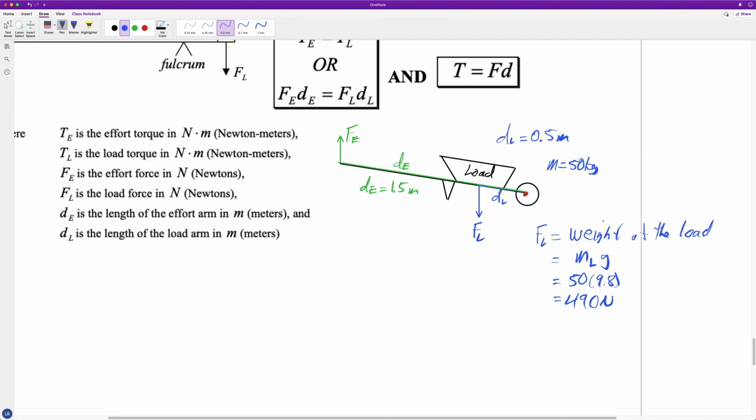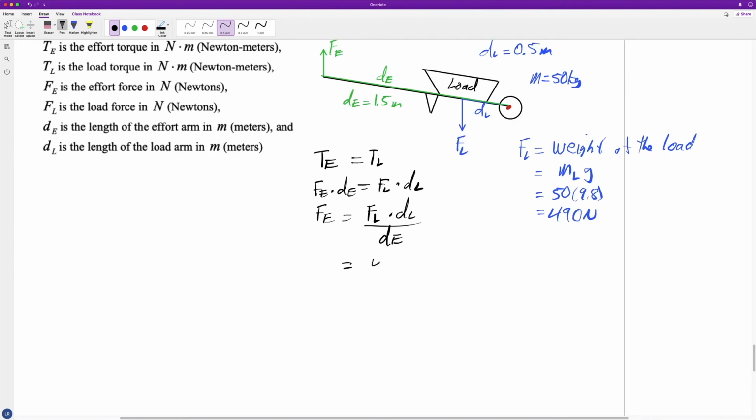Here's what we got. We know that the torque of the effort must equal the torque of the load. So the force of the effort times the distance of the effort is equal to the force of the load times the distance of the load. I want to get my effort force, so I divide both sides by DE. So I get FL times DL over DE. That's 490 times 0.5 divided by 1.5, and that works out to